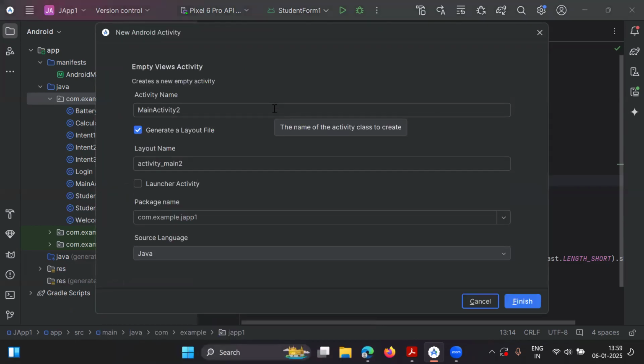As soon as you do it, it will ask you the name of the activity. It will ask you the name of the layout file, and whether you want to make it a launcher activity or not. So launcher activity basically means that whenever your application is turned on, the first screen that opens should be the new activity you are creating. If you don't want that, you should not tick here. So whenever you create an activity, this New Android Activity form will allow you to create a Java file. It will allow you to create a layout XML file, and it will also mention the details of the same